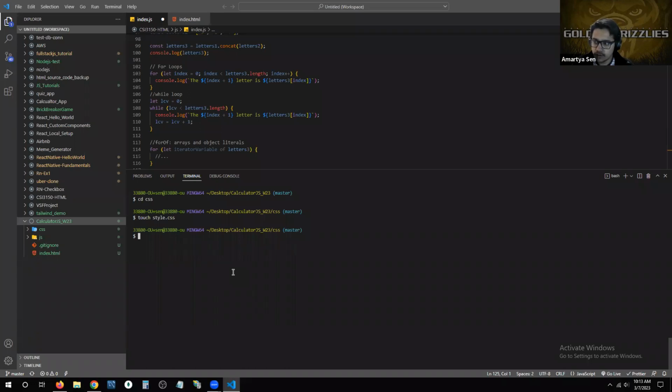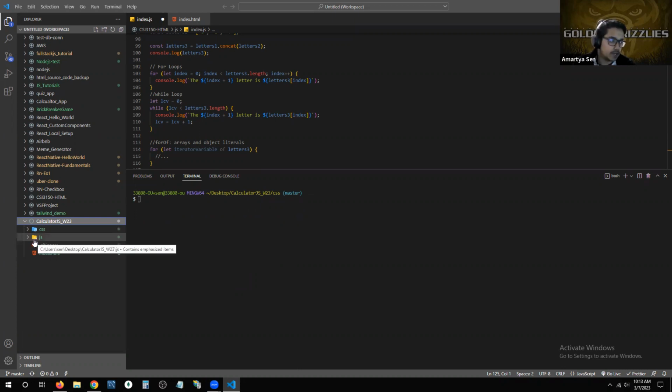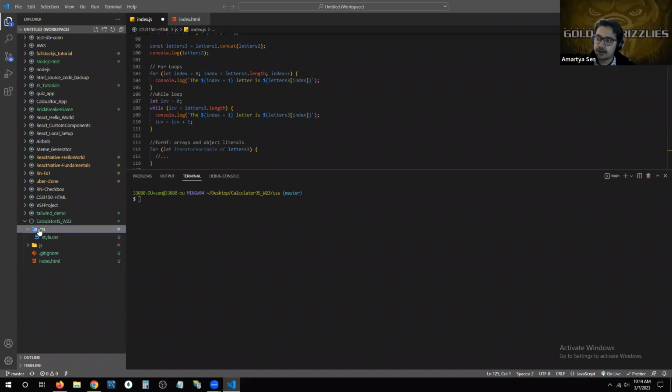So our folder is more or less set up now. This is what it will look like. This is your root folder. Within the root folder, you have two different subdirectories, one to store your CSS file, one to store your JavaScript file. Again, if you remember, if you have any kind of media files, then you can create a subdirectory that is dedicated for your media and stuff like that. If you need to make a distinction between your source file and your distribution or build files, like we did in the Tailwind CSS demos, then you can create those structures as well, okay? But for now, we just have a basic CSS style file, a logic file